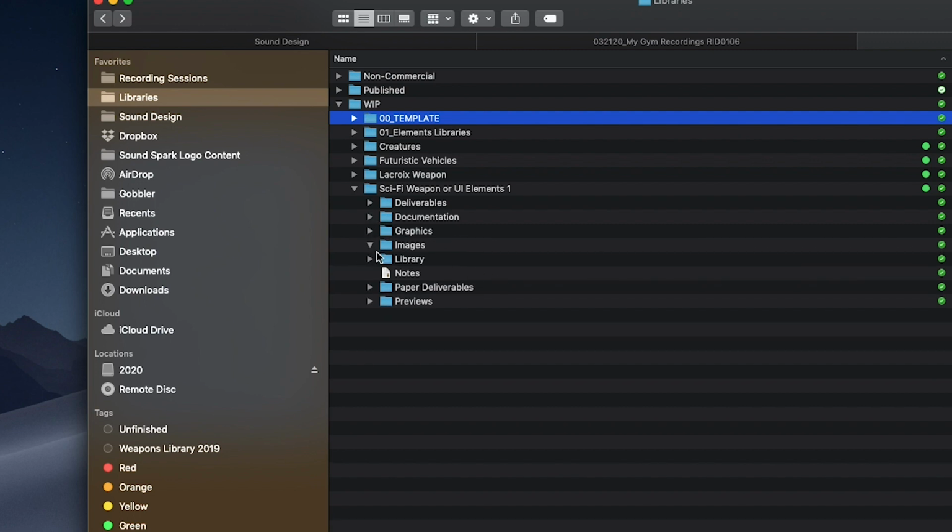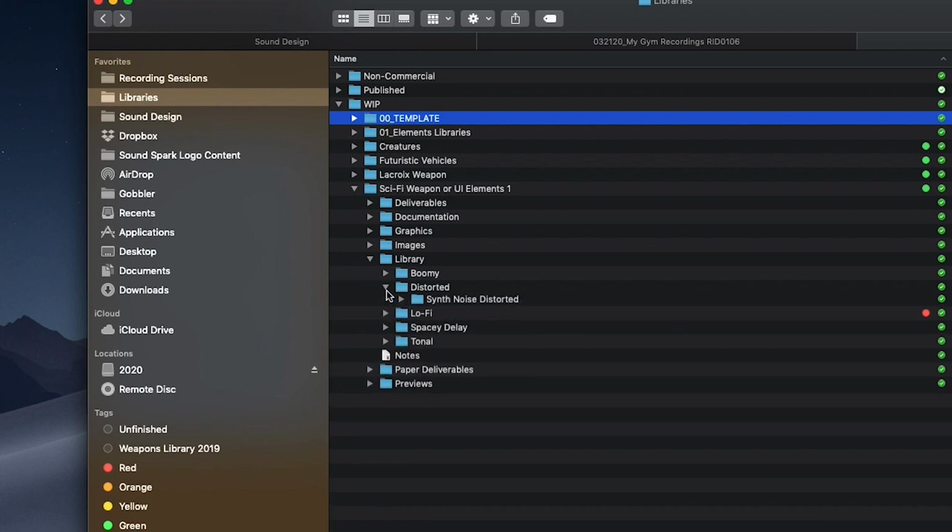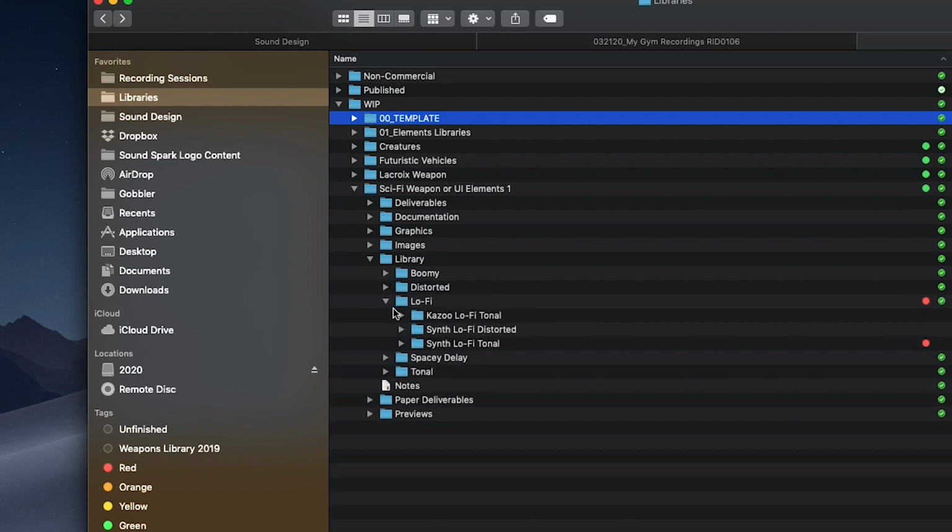Images. So any raw images that I use building that graphic, they'll go in there. The library itself, so the actual library files, pre-deliverable, so before I compress it or whatnot, they'll go in here. So these are a bunch of different categories. I haven't filled them all out yet, of course. This one,